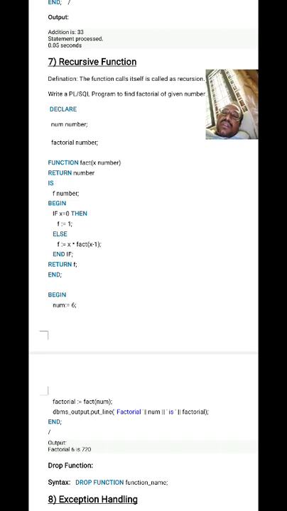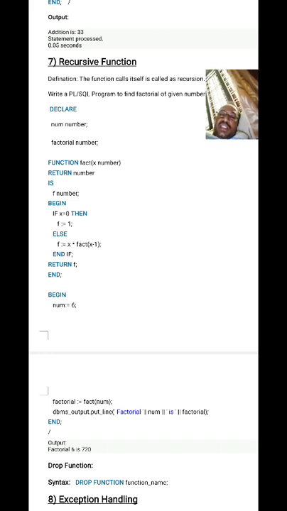Again 6 into 5 into fact(5 minus 1), meaning 4. Now x value is 4, again it enters the else, then 6 into 5 into 4, like that 6 into 5 into 4 into 3 into 2 into 1. After that it satisfies the condition when x is 0. Then if 0 condition is true, it returns 1. So you will get 6 into 5 into 4 into 3 into 2 into 1 multiplication.